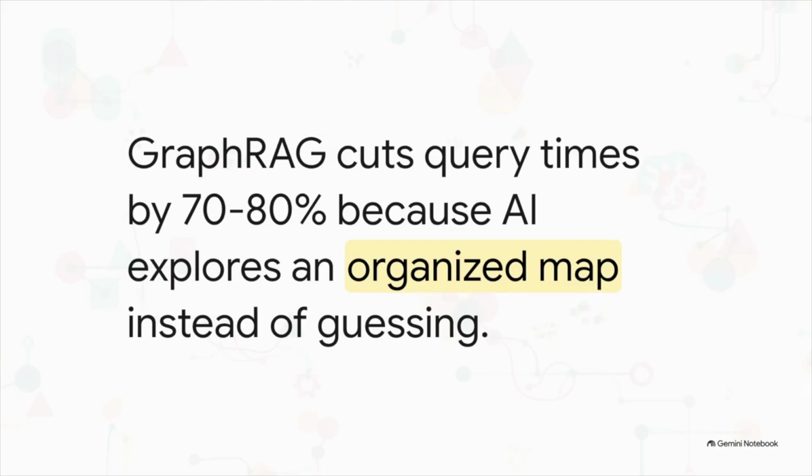But hey, it's not just more accurate, it is incredibly fast. Real-world implementations show that GraphRAG cuts query times by 70 to 80%. Think about it. If an AI has to read 1,000 pages of text to find an answer, that takes massive computational time. But if it can just instantly hop along a predefined path of connected nodes, it retrieves the answer in milliseconds. The dots are already connected, so the AI doesn't have to do all that heavy lifting at runtime.